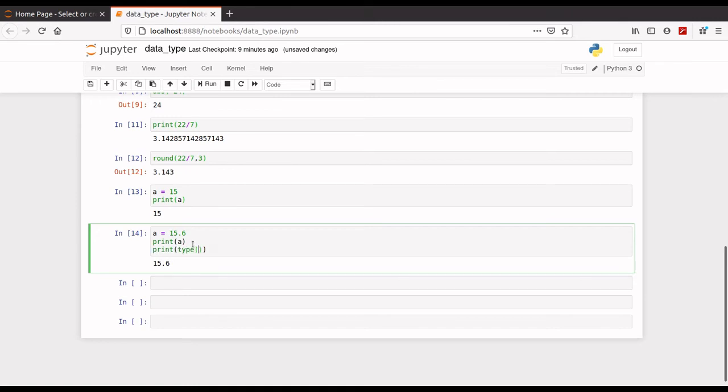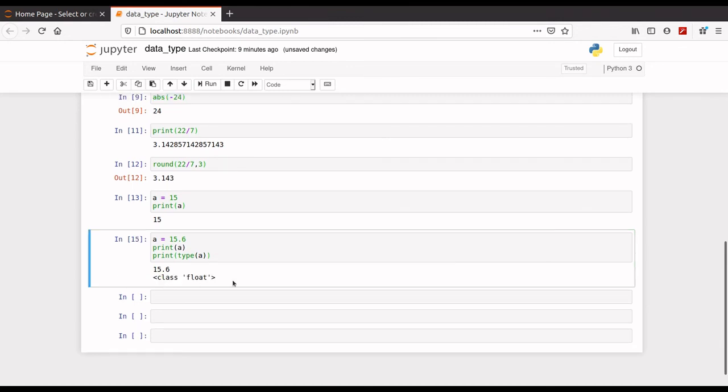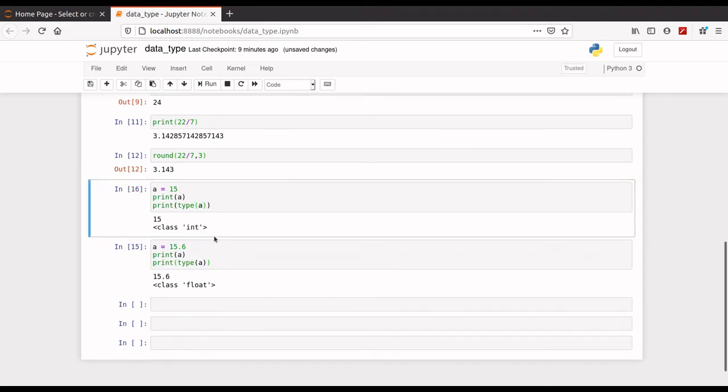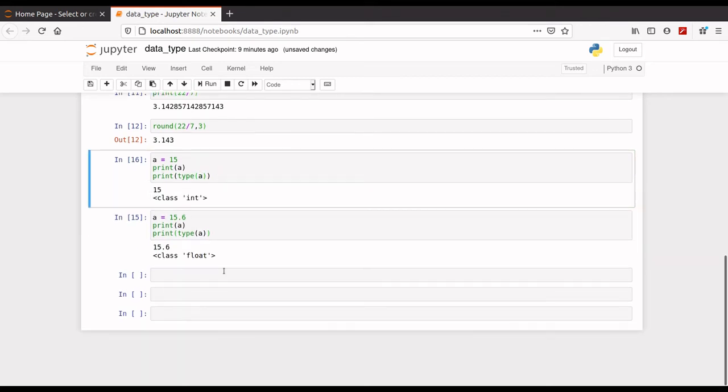Print type of A. Look, here the type of A is float. Now print here the type of this variable. Yeah, look, type is int. Here types are different.